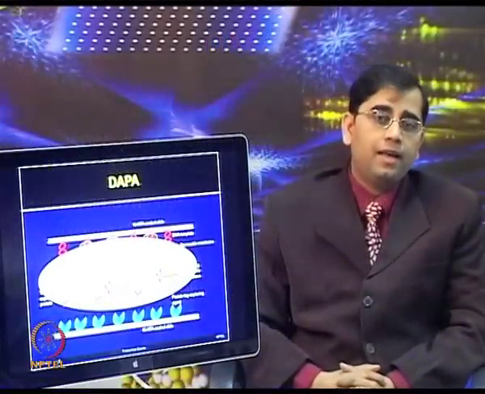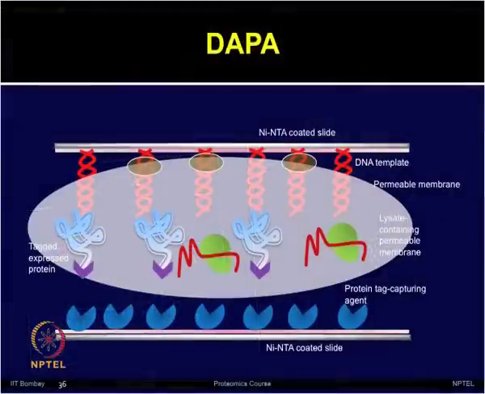So, as you can see in this slide, in DAPA the PCR amplified DNA fragments encoding the tagged proteins are immobilized onto a nickel NTA coated slide and assembled face to face with another nickel NTA slide containing the protein tag capturing agent.